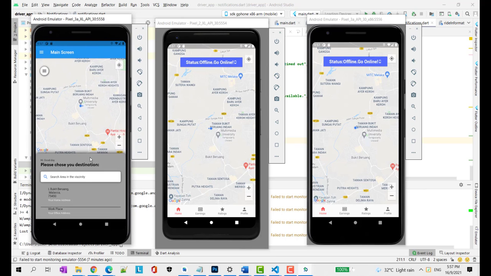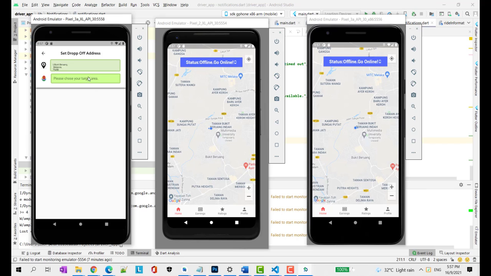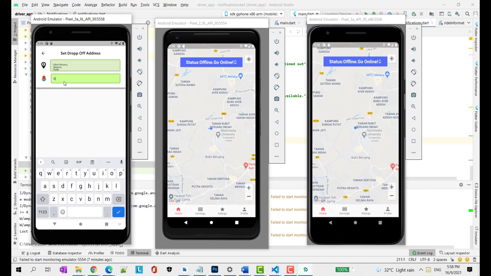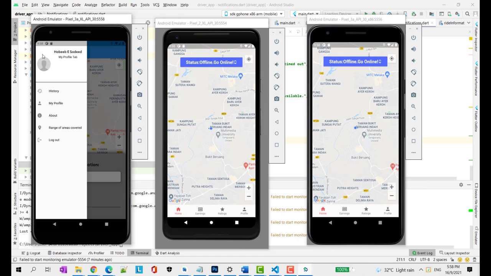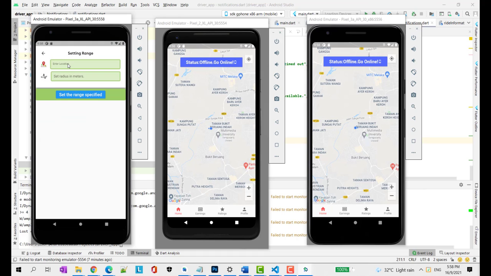Okay, first things first, let's get started. Let's say for example I want to go to the BB food court, but this area cannot be found because the radius by default is set to 50 meters. For demo purposes, I set it to 50 meters in the back end. So this rider might need to manipulate the radius so he can scan the area.